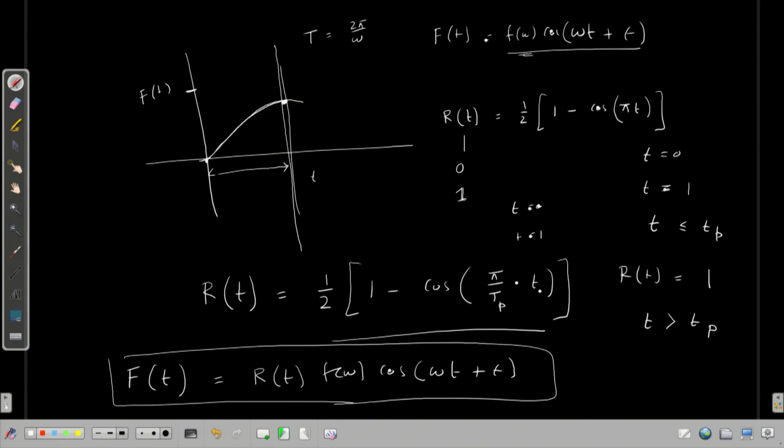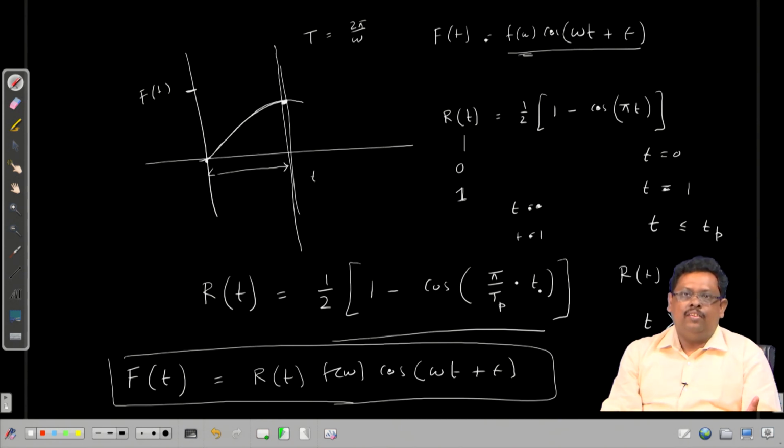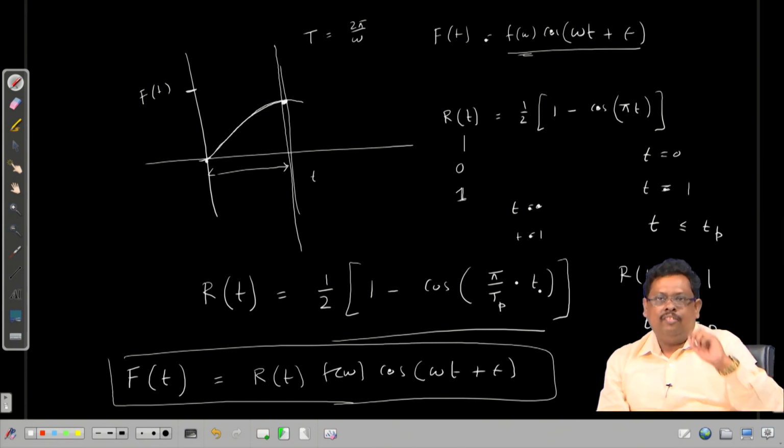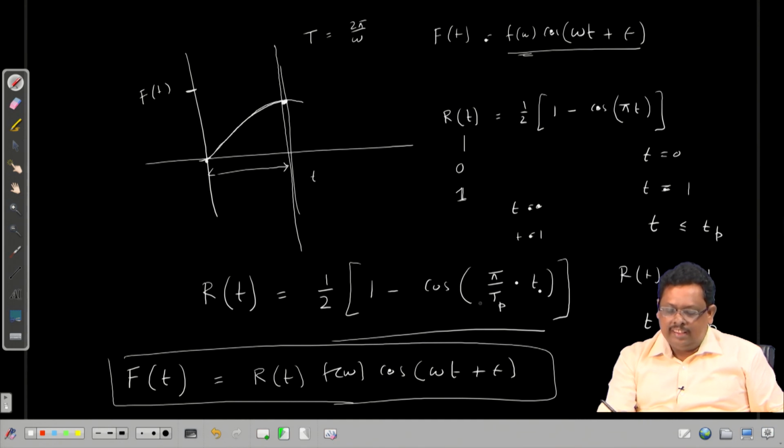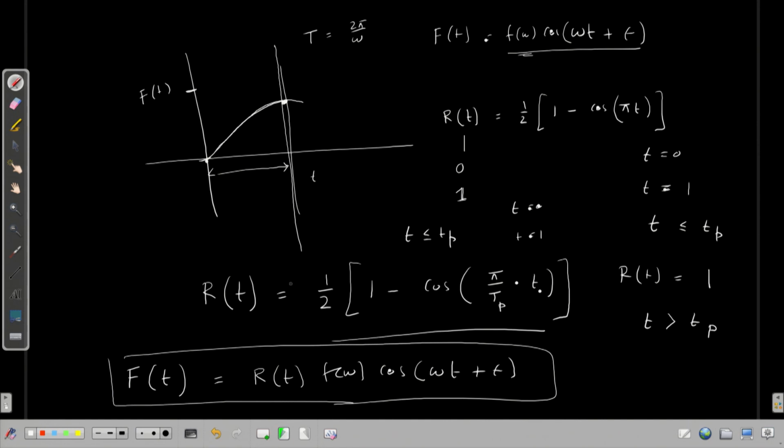Okay? Fine. So, today let us stop over here. Today we discussed how we can write the ramp function, right. This is the ramp function when t is less than or equal to T p, and this ramp function goes to 1 when t is greater than or equal to the time period T p. Okay. So, today we discussed these things,